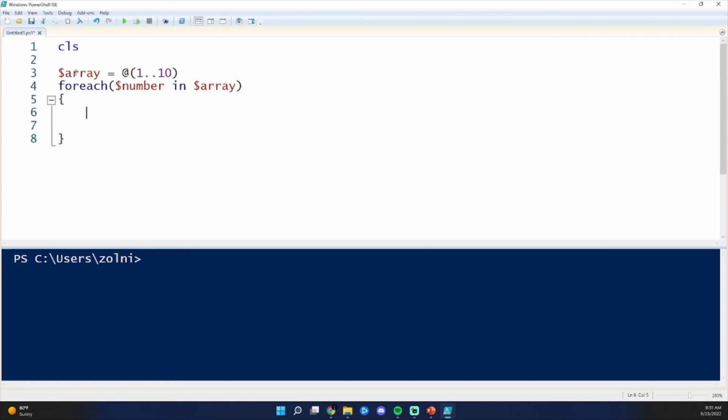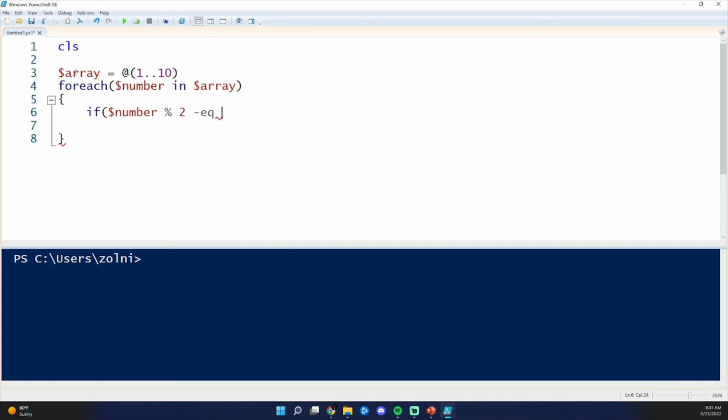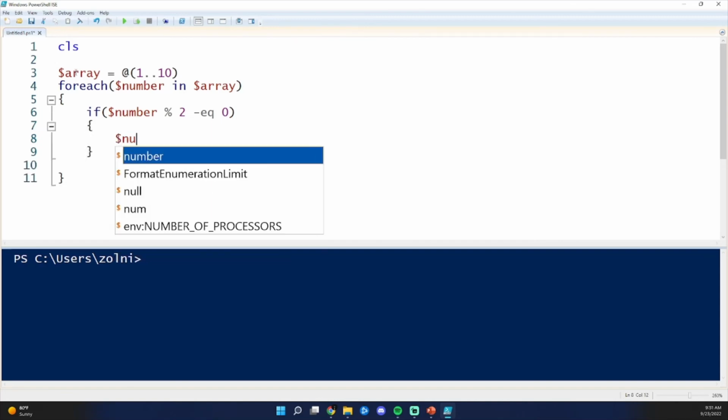Now we've got our brackets here. Now we're going to combine some stuff that we've done earlier. So let's create an if number modulus 2 is equal to 0, then we want this number